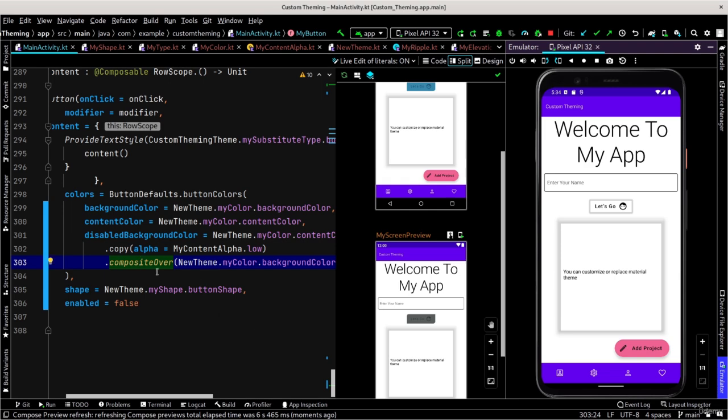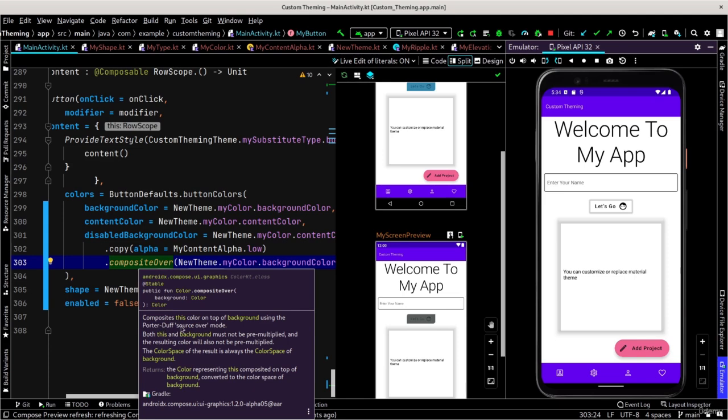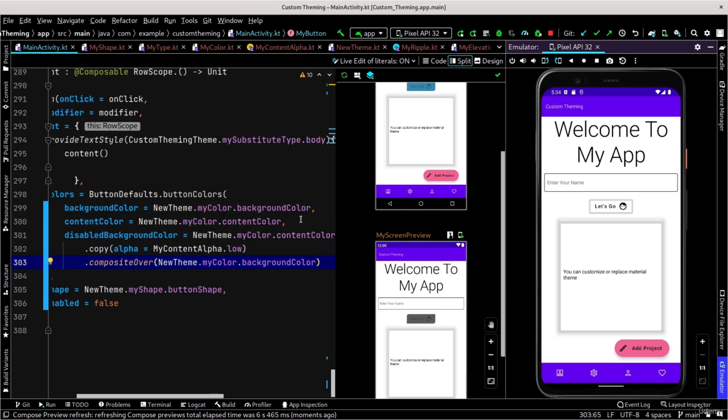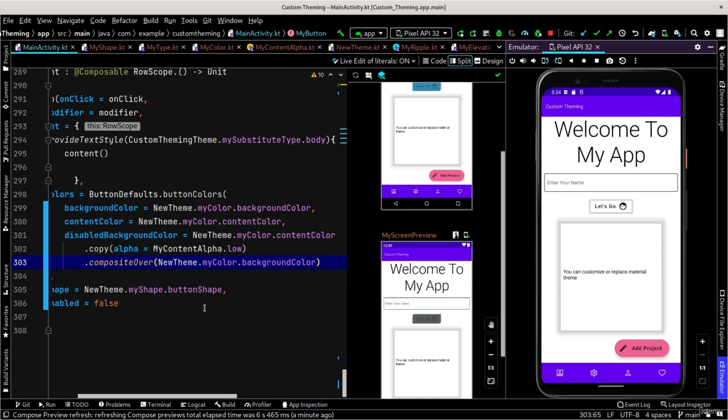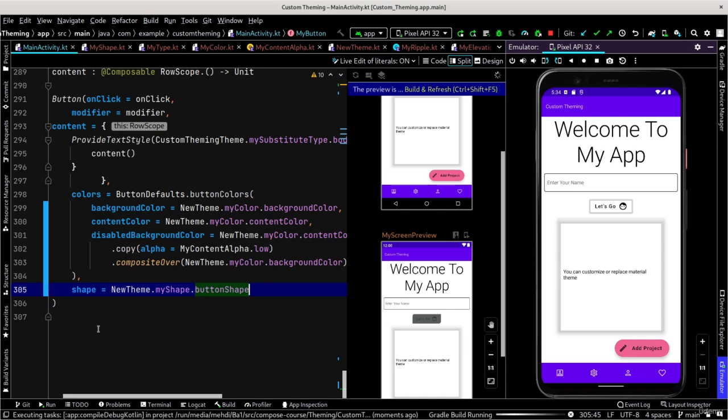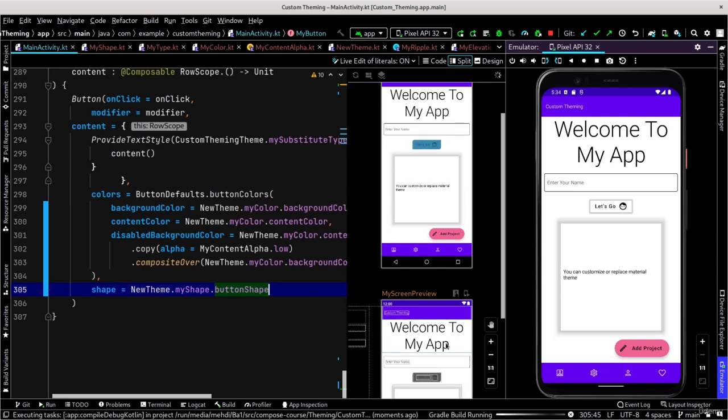You can also check out the documentation for composite over, why we used it. You can see that it composites this color on top of the background color that we specified using this algorithm, Porter-Duff source over mode, which is a graphical concept. Okay, after that, let's deal with other components. Also change this back to enabled. We don't need a disabled color. All right,